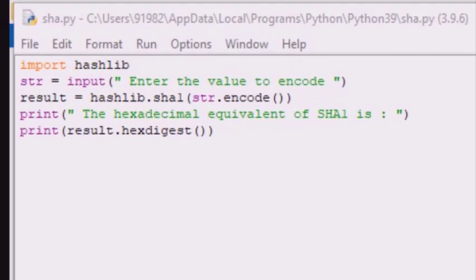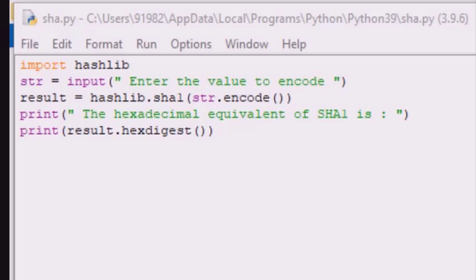Students, today we are going to see SHA implementation in Python. SHA is basically secure hash algorithm. It is a set of cryptographic functions, which can be used by the language for various applications such as password security, etc. So the very important functions which we are going to use are encode and hexdigest. Now these functions can be found in the library hashlib. So we have to first import the hashlib library for this particular program.